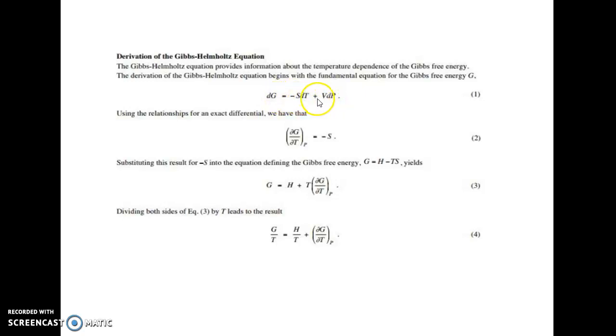This is the fundamental equation we are going to start the derivation with, and using the relationship for an exact differential, we have